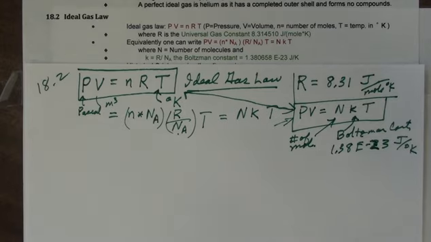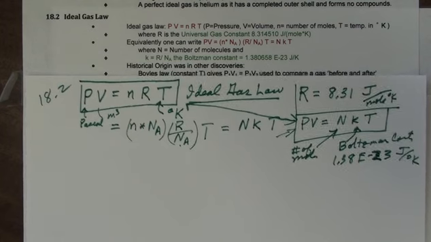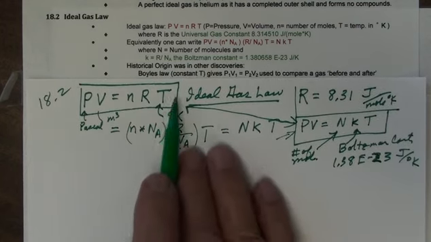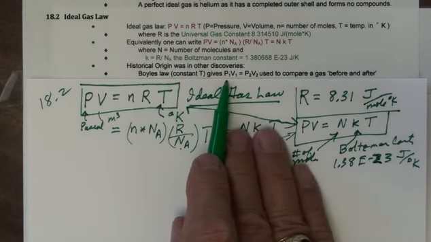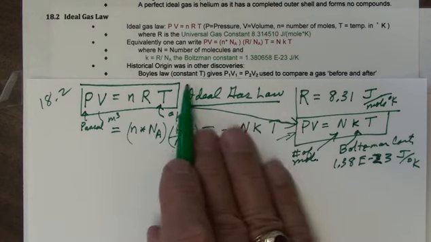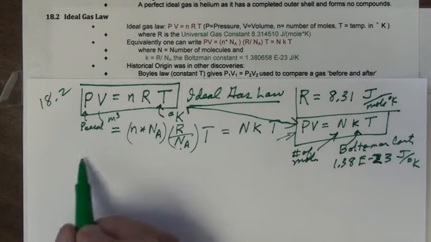So it's a very, very small number because you're dividing by Avogadro's number there. Now, this historical origin of this law is very interesting. Boyle first figured out that pressure times volume would be constant. If we held the temperature constant, then pressure times volume,